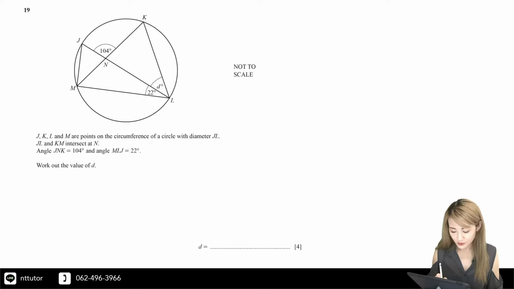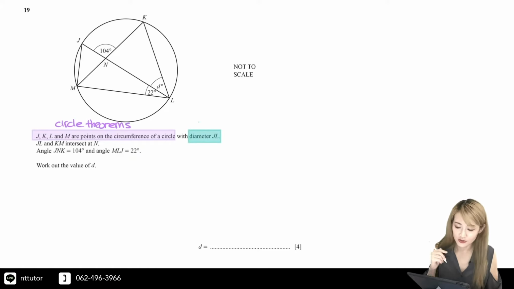So in these circle theorem questions, a lot of people like to ask me, how do I know which rule to use? I don't, but the clues will always be given in the description of the question. It says J, K, L, and M are points on the circumference of a circle. By looking at the diagram, you already know that. But what it's actually telling you is to use circle theorems. And it also mentions that JL is the diameter, so it's hinting that you should use a circle theorem